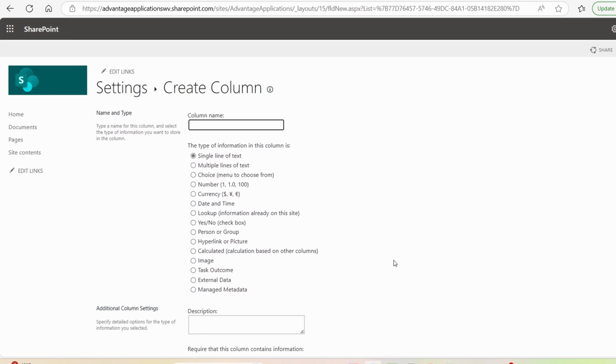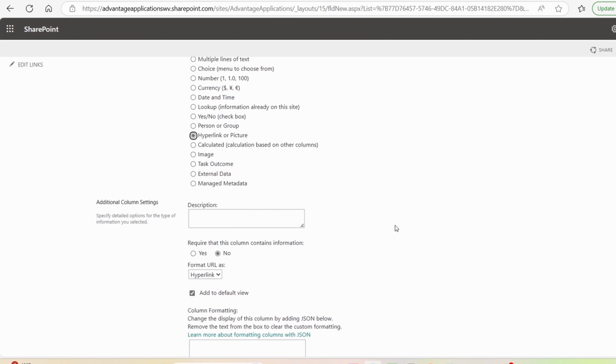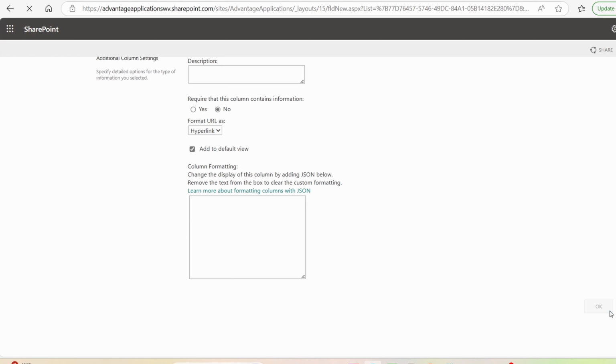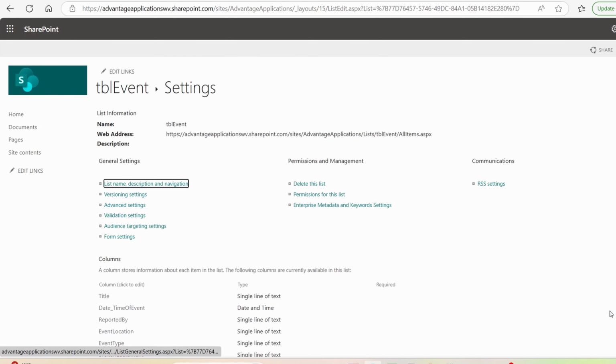The Create Column page opens, and I'm prompted for a column name. I'll use photo_link. For type, I'll choose hyperlink or picture, and for the rest of the settings, I'll just accept the defaults and click OK. All right, now we need to reconfigure the integration we set up in the last video between JotForm